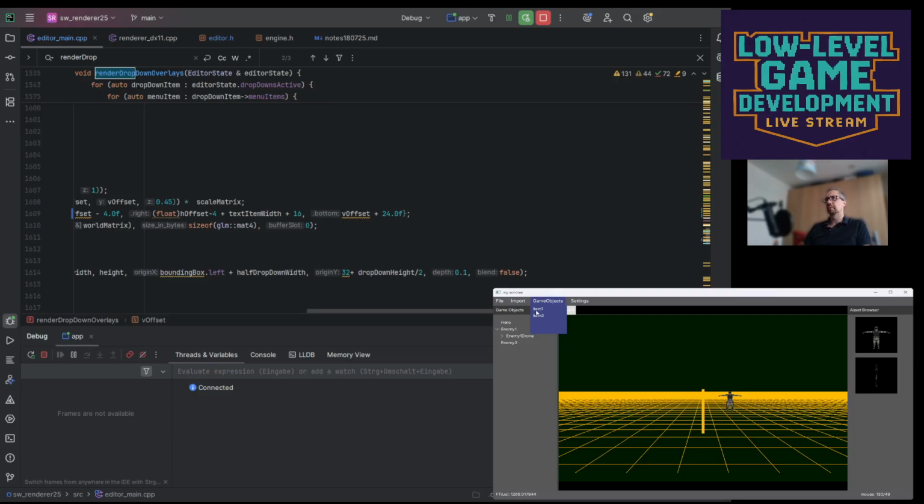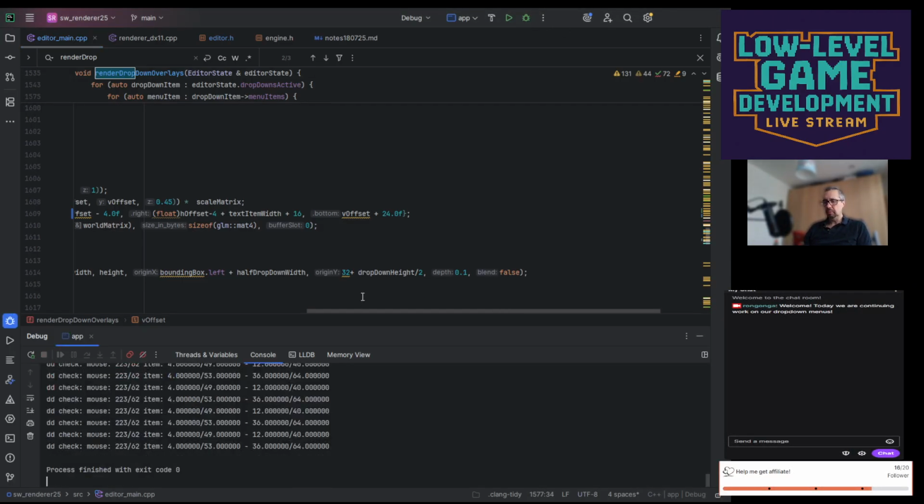So this is just completely wrong here. And let's say it starts at 37. It's not really. Yeah, no, we need to fire up RenderDoc,